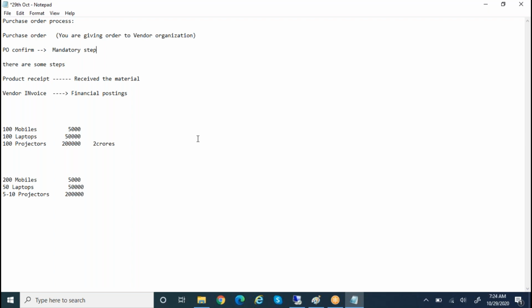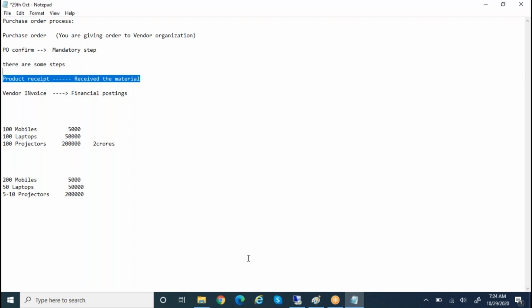So there are multiple options. Purchase order confirmation through workflow is possible, and normal also we can do it, but this confirmation button will be given to the key persons only. Until it is confirmed through workflow or normal process, once it is approved, once it is confirmed, then only you can create a product receipt.